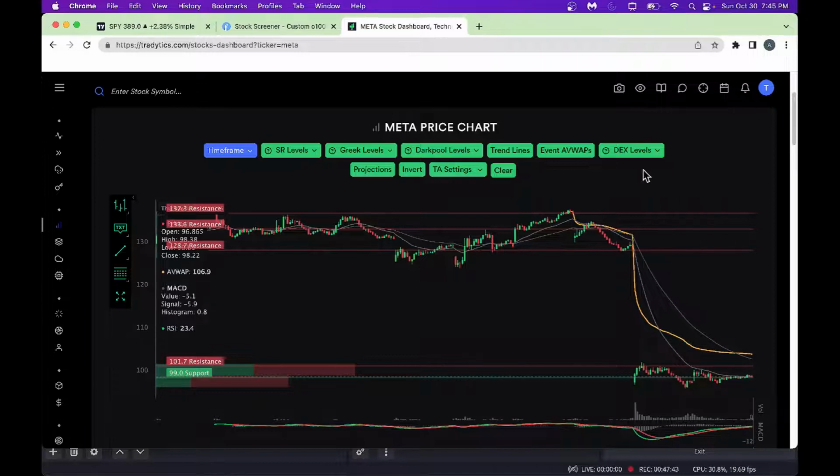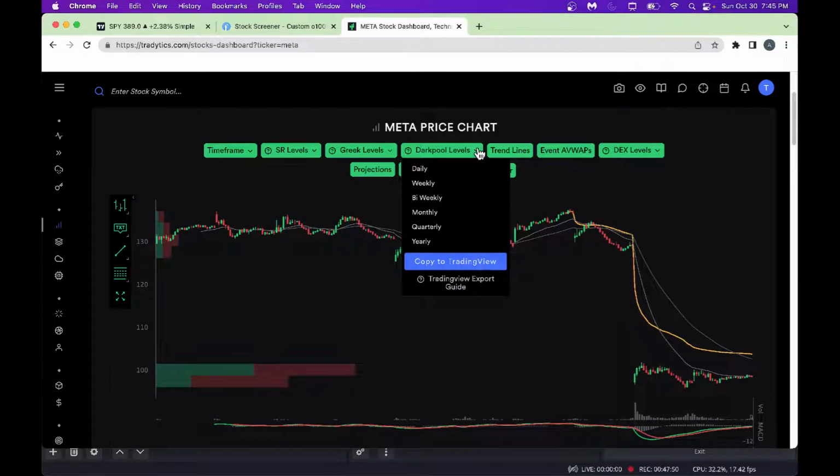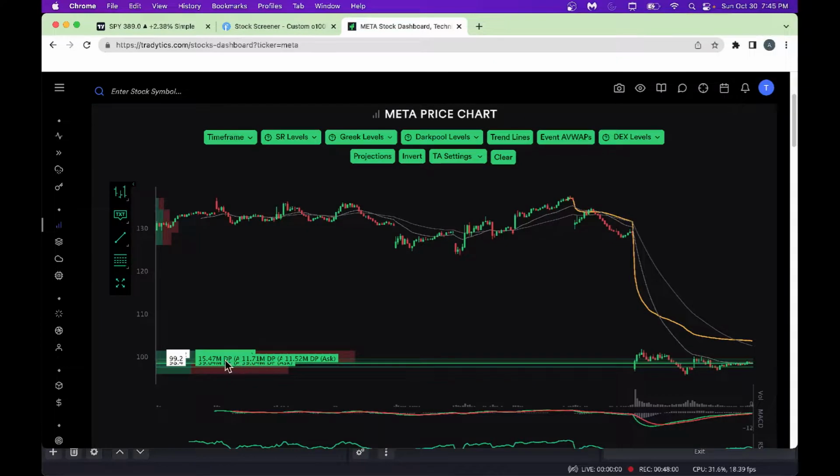All right, so you could clear this off here, and you could also look at one of my favorite things, which is to look at dark pool levels here. You could click on daily dark pool. It also gives you some good idea. Look, we got dark pool levels here. It tells you there is a lot of dark pool money here. Whenever you see green here, that tells you it's bullish at ask. There is a nice 15.47 million here on the dark pool. That's why it's acting as a support at this time. And you could clear this out here.